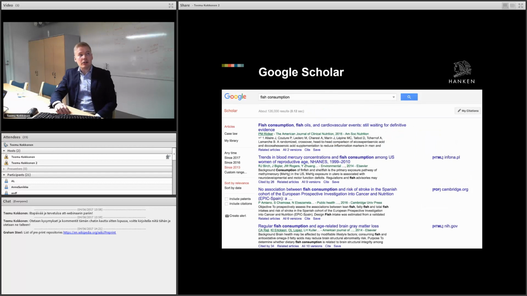And basically what we're talking about here, wherever you upload your copy, be it an institutional repository or a subject-based repository, what we're striving after is getting that content discoverable. And for someone interested in fish consumption from different angles, you can see here the Google Scholar results for the top hits within these keywords. And in the right-hand column, you can see the different open access resources available